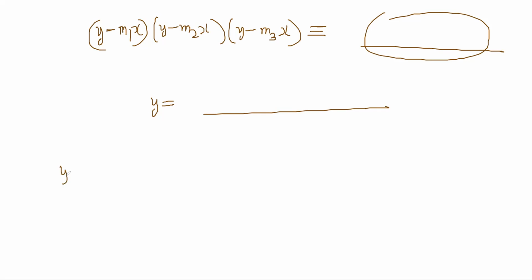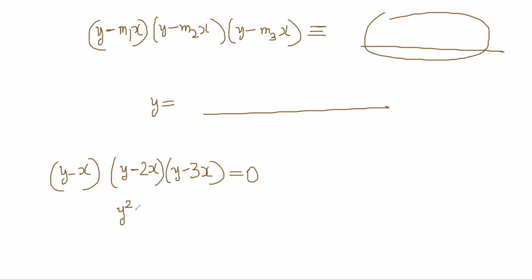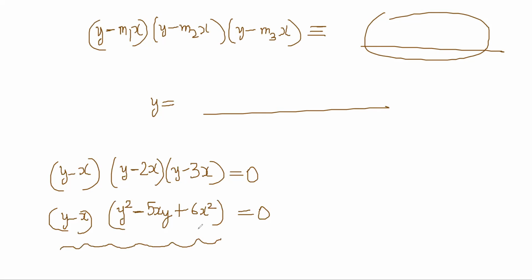So suppose I have y minus x into y minus 2x and y minus 3x, right? This equation can be written in a nice way, but if you multiply it out, it will become a cubic, which will not look like some easy thing, right? You understand? But if you can guess that one of the roots is y minus x, then the remaining you can take out and factorize, right?